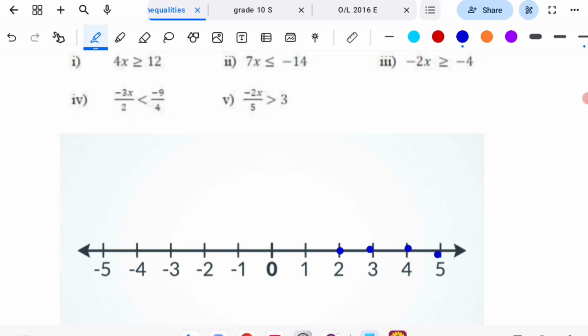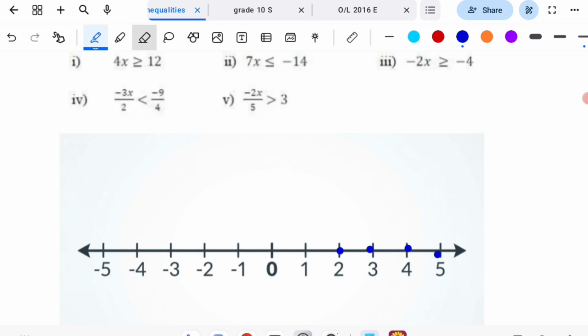When writing these solutions, you can't write 1.5 because 1.5 is not an integer, and we have found that x is greater than 1.5, not equal. However, we have to consider only integral solutions. Integral solutions means whole numbers. And